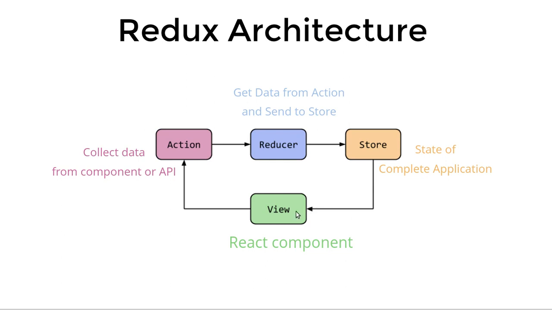Keep in mind that Redux has a unidirectional flow. That means, let's say we search for mobile data from the API, then the action will perform this action, and we cannot get the action's data directly in the view, right? If we want to get the data in the same component, it will go to the reducer, then the store, and then we will get the data. So that's why this is unidirectional: data flows in only one direction, right?